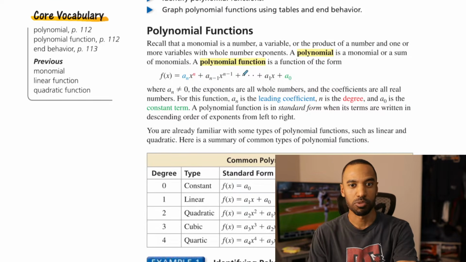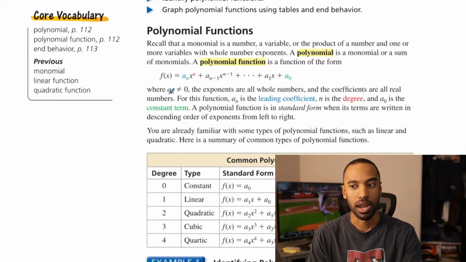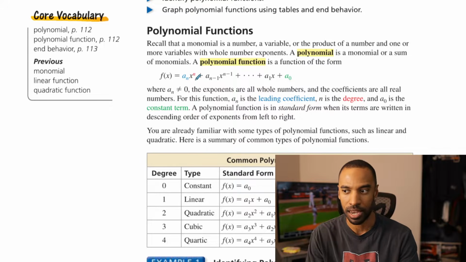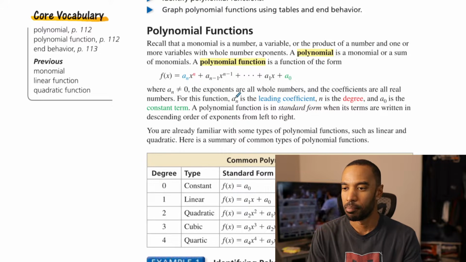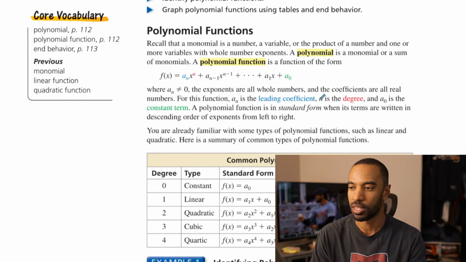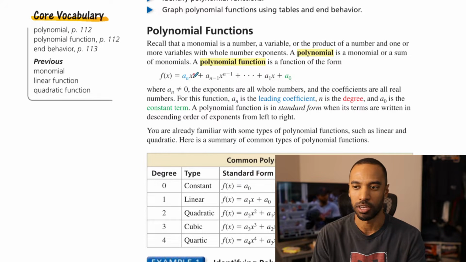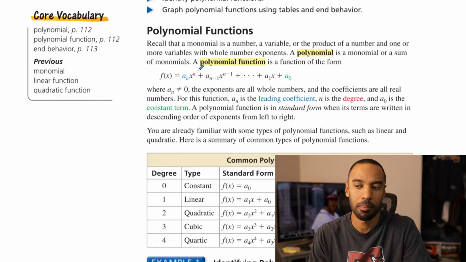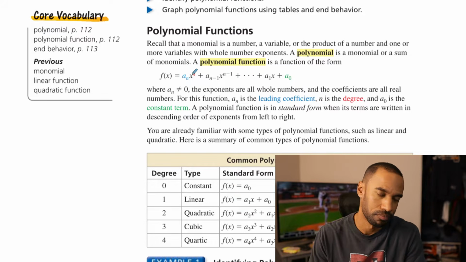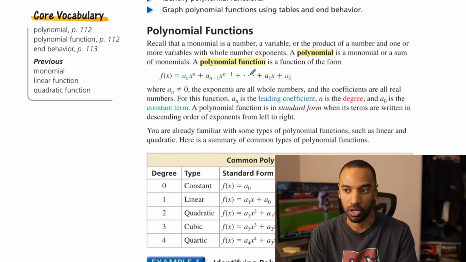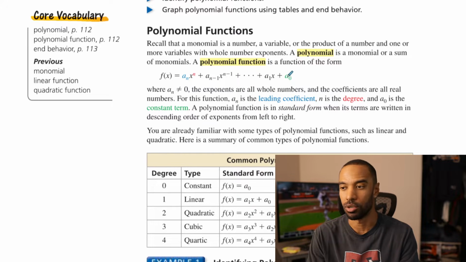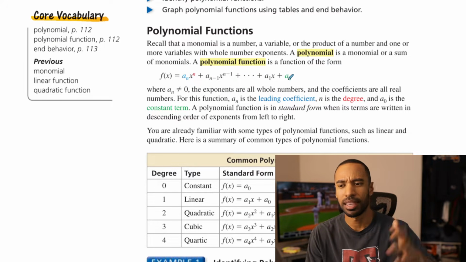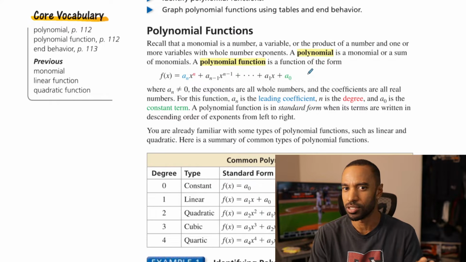Now, any of these might possibly be 0, not the leading coefficient, of course, because otherwise it's not a polynomial of degree n, which they'll probably talk about. But it's the leading coefficient. Here we go. It's the leading coefficient. n is the degree of the polynomial. So if n is 2, it's a quadratic, and it can't be a quadratic if it's 0x squared. Any of the other ones could be 0, so they could wipe out. You don't need to have a constant term if it's 0. Anyway, that's why I'm saying don't get too stuck on this, but